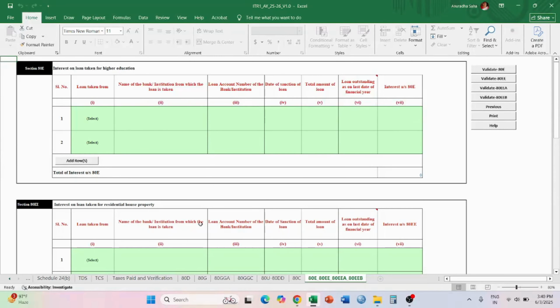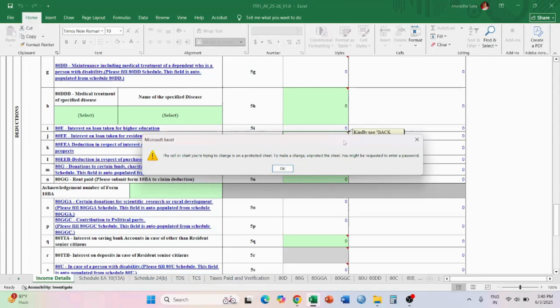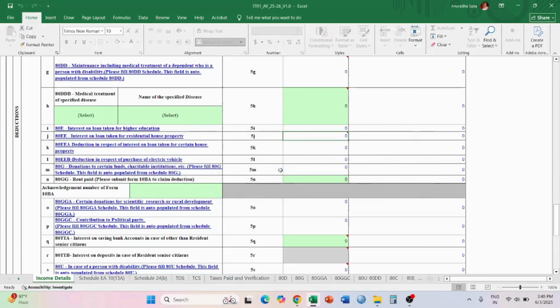Proper details should be filled in, else the page is not going to validate, and every data you fill in, you have to validate from this place. So in detail you have to do this. Be very minute, please fill in all these data. I just wanted to write something over here, but it is not allowing me to write. So always remember that only proper data can be filled in.